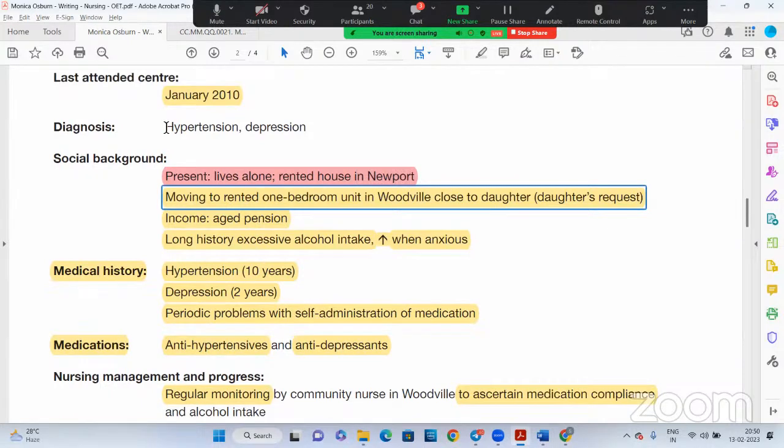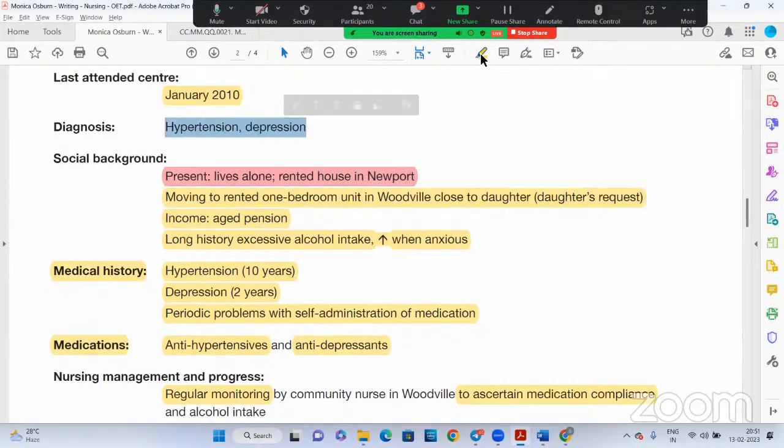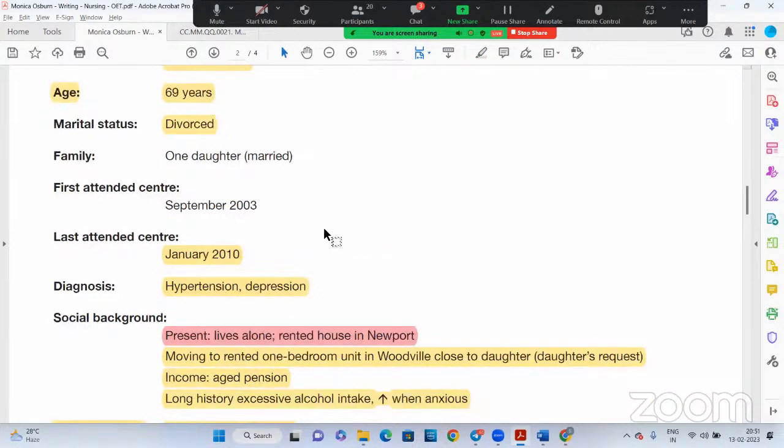Right. This hypertension is the medical point; we already got this one. She has only one daughter, and she is married. Remember that. So this daughter cannot stay with the mother, and the mother doesn't want to stay with the daughter. Otherwise, she would go and stay with the daughter. Only one daughter. So this daughter requested her to come there. That's why she is moving there. She has nobody else, and she is divorced. She is lonely. She needs somebody. Right. So next.